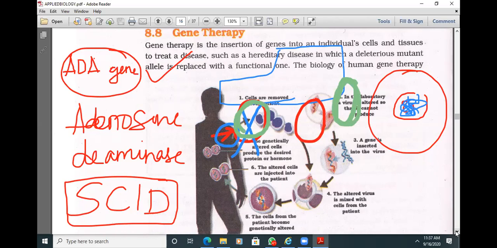So definitely you'll be shocked. But I'm not talking about the car, I'm talking about the cell. This is actually the best option. Okay, so the ADA gene is defective. We are recognizing that the ADA gene is defective in the person. Okay, so here is the defective area, you can see. Then what do we need to do?